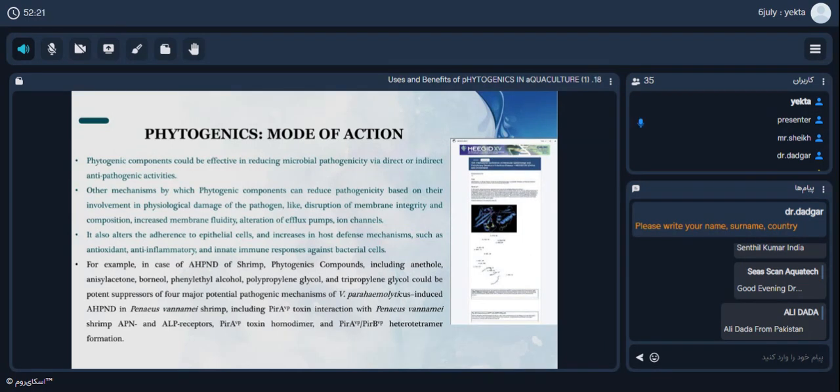Here, we are trying to give you an example of two genes, PirA and PirB of AHPND, and how